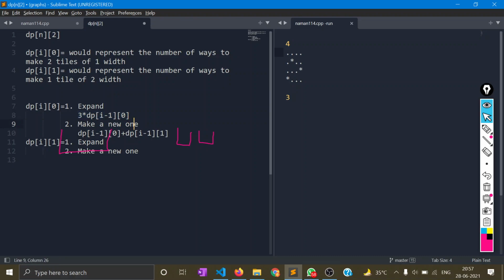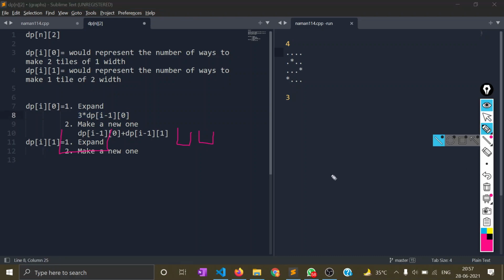Now why 3 into dp I minus 1 0? So we saw that there are three cases and it is actually because of it only. So in every case we notice that there has to be two tiles of one width, right? In every case, even if we are making a new one and expanding one, and if we are making exactly